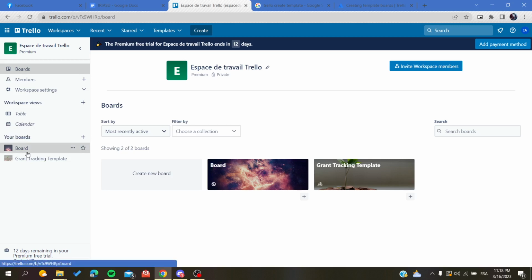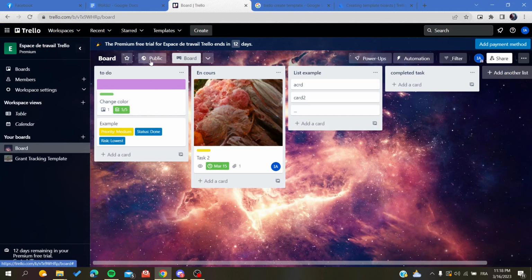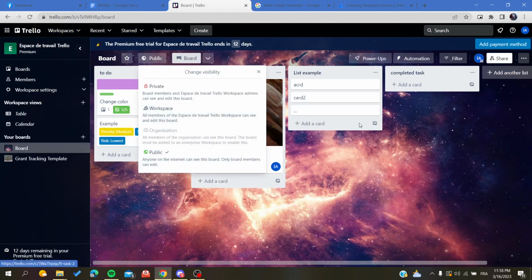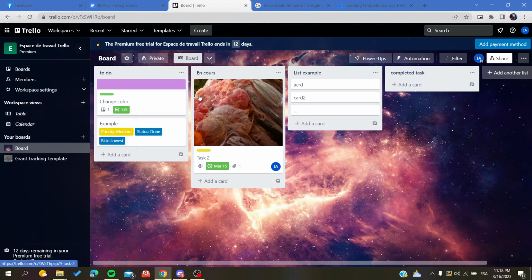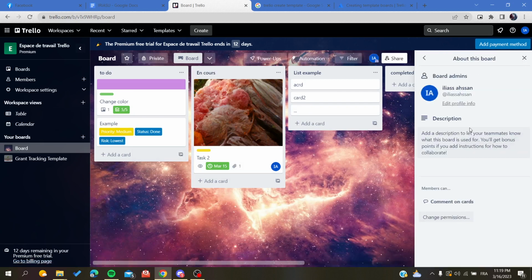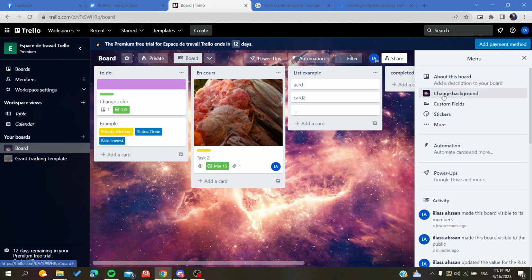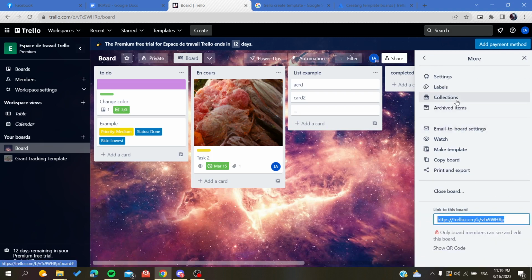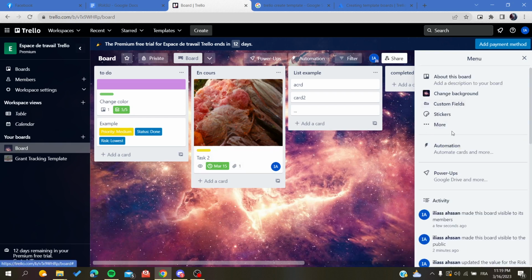So I'm going to go to board, but first make sure that it is public so it can be made as a template. And of course you will need to have a premium version so you can create templates. After that you will need to go to the settings of your board, then you will go to more, and basically here, after clicking on the 3 points action,